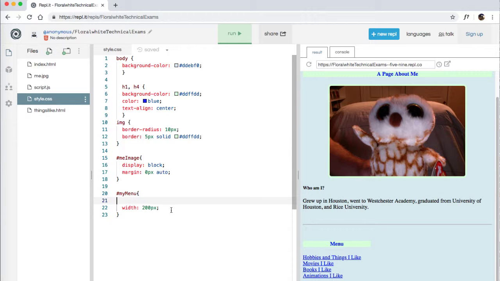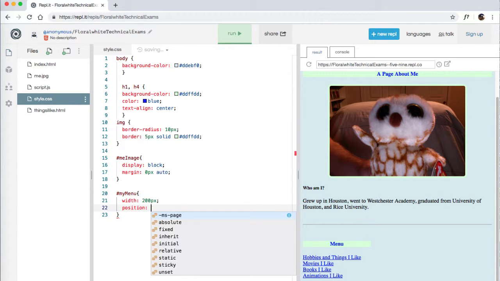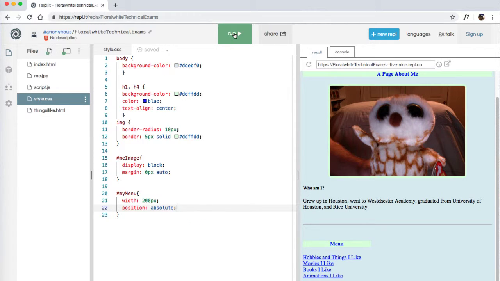So the next thing that I need to do is I need to change how its position works. So right now, its position is relative to everything else, right? These things load, and then based on where these things load, it just loads on the bottom. So instead, I need to change its position to absolute, which will make it go in a specific spot and stay there. It's not relative anymore. Now, it's not going to work at first because we're not really telling it where to go. We're just telling it to change the style, so we won't see a big difference yet. But there is an important thing that I'd like to show you. If I hit run,